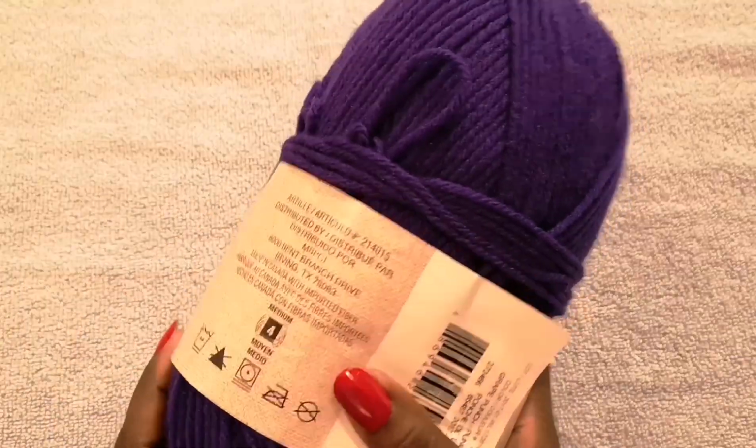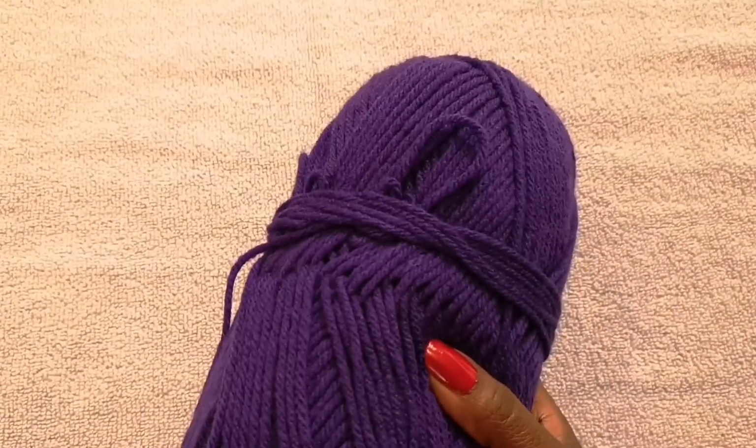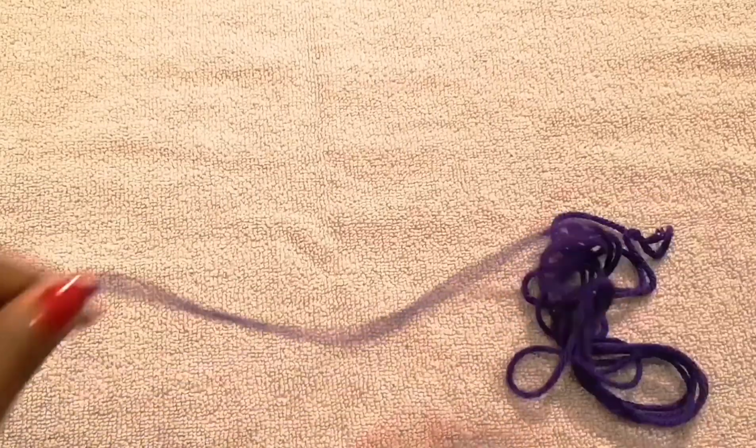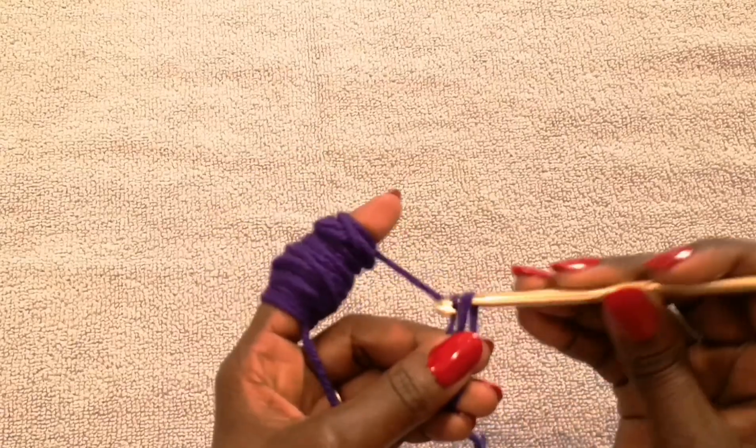The other thing you may need is a tape measure if you want to know how long you need to do your neck warmer. But if you are doing the same size as this, then you wouldn't need to get a tape measure. So I'm going to start by doing a slip knot just like that, and then I'm going